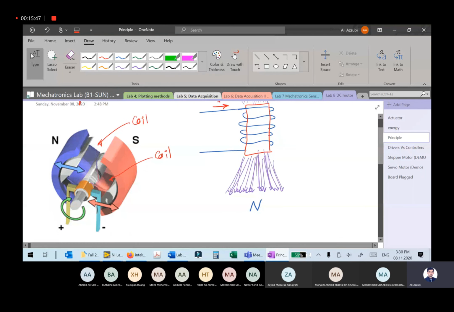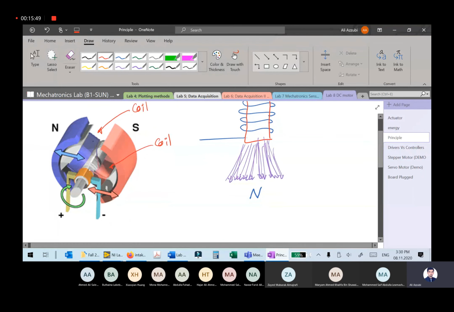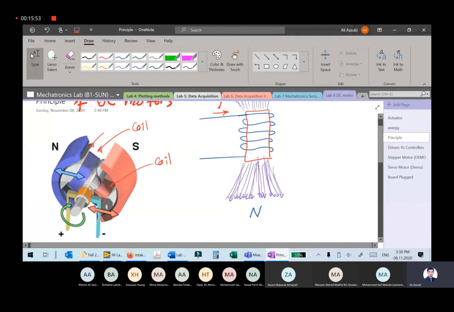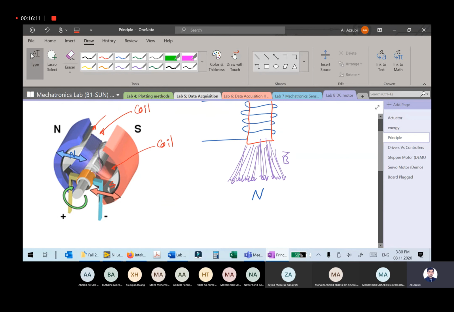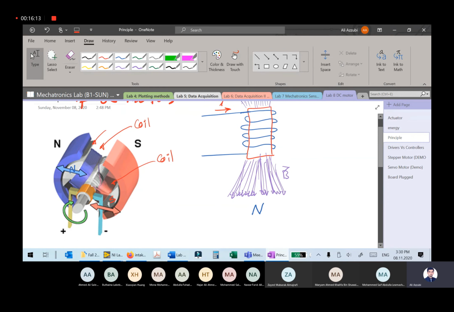Okay, now this is the main principle here. I have a coil, and here you can see there is a material, a ferromagnetic material, in order to concentrate these flux lines or magnetic field lines. Okay, so here let's say this is north, and this is my south like this. Okay, of course you can imagine